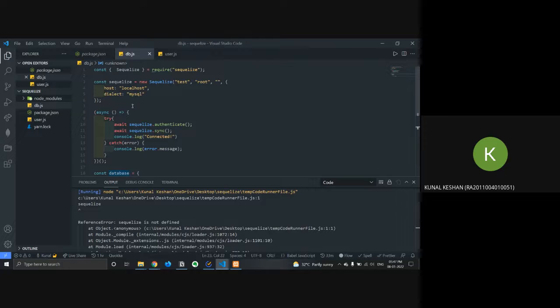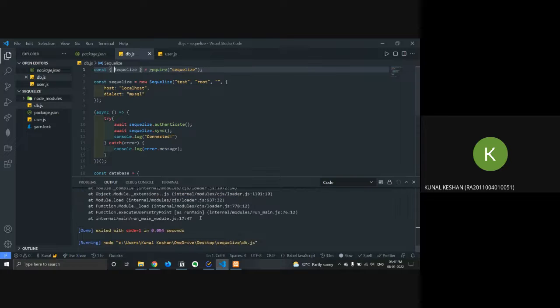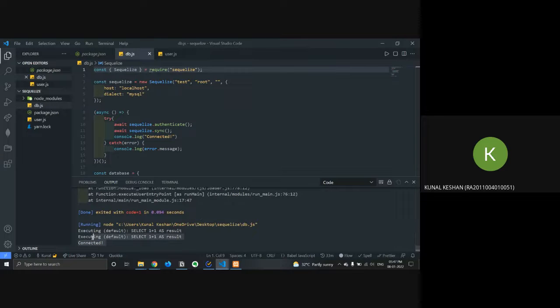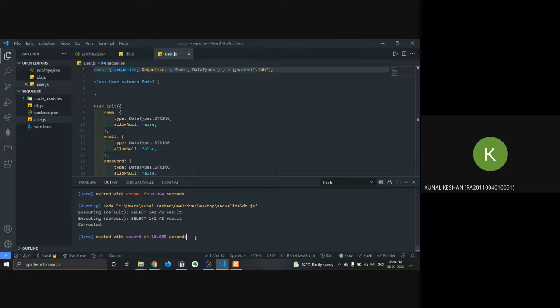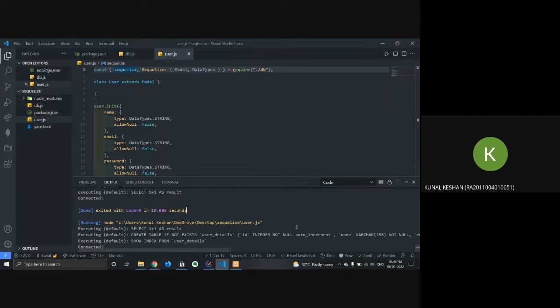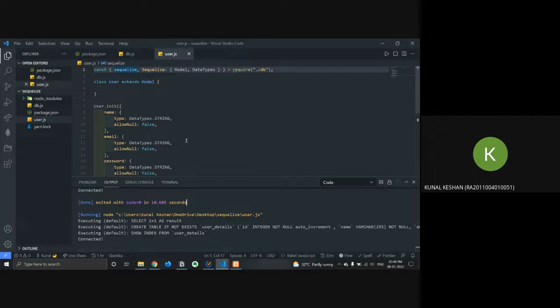It's not exported. Okay. Yeah, so now it is run.